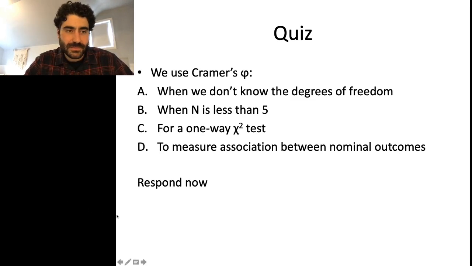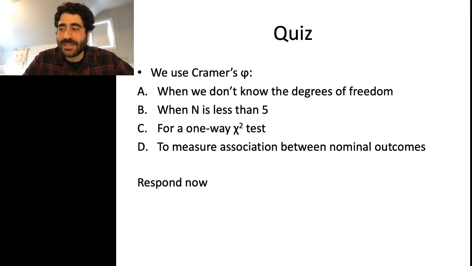Okay, great. Yep, I'm seeing D's, which is great, right? So that's where Cramér's phi is measuring association between nominal outcomes. It's not useful for any of the things in A, B, and C. And oh, you actually can see my mouse. Good. I was going crazy for a second there. So yeah,